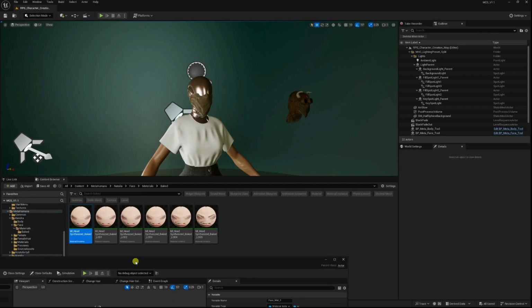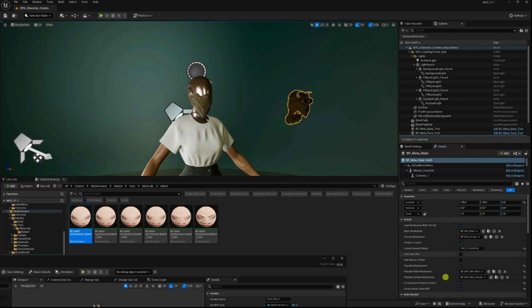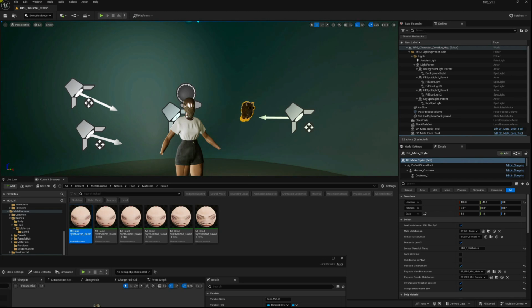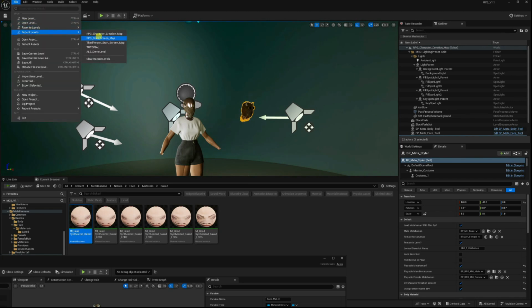I need to reopen my RPG character, and in here, in this level, I can find it very easily because it's already set up to use the RPG character. Okay, we'll touch on that just a little bit. If I go back to my previous level, okay, sorry if I'm going a little bit off topic here, but this is something you must know. If I go to the previous level, which is the demo map,